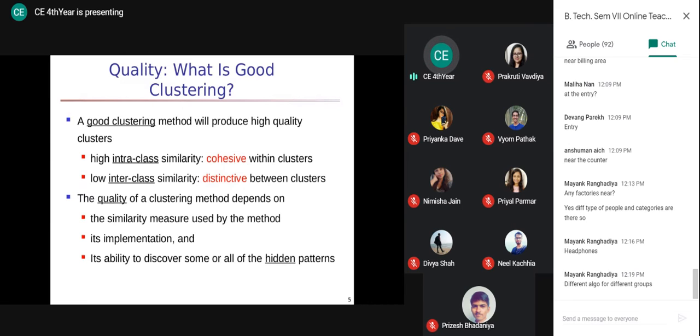Right, and how good your clustering algorithm is, is decided based on the similarity measure which is used, its implementation, and this third point, which is a bit interesting, based on how many hidden patterns it is going to identify. Right. Once again, if we go back to our example of market basket analysis,